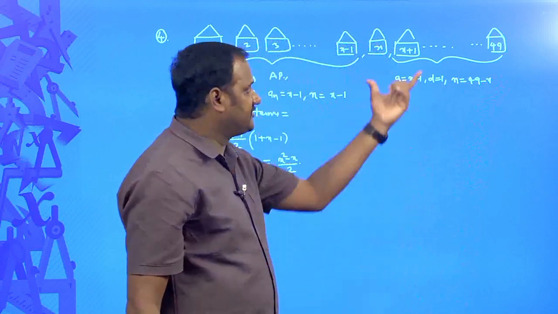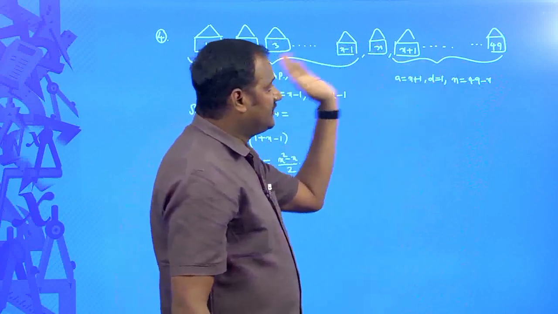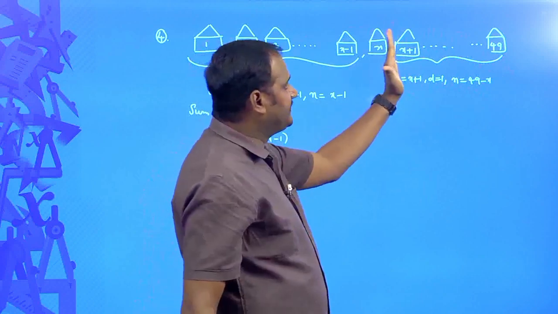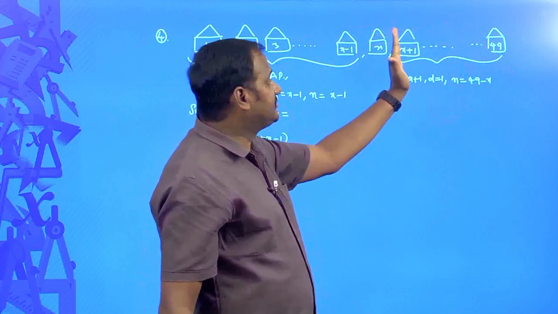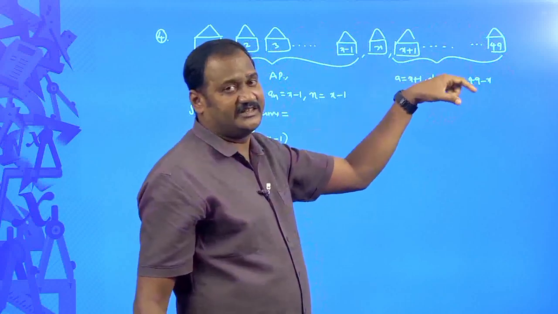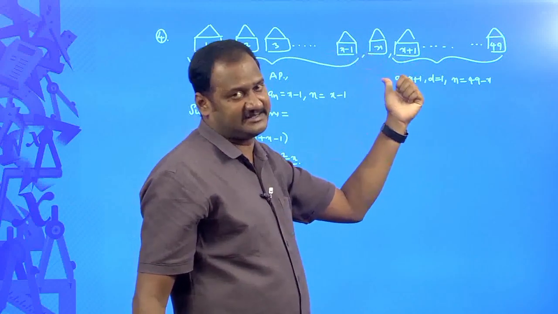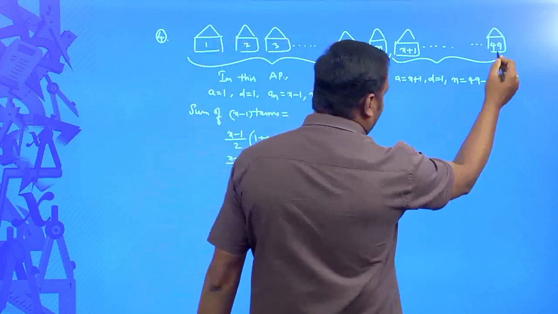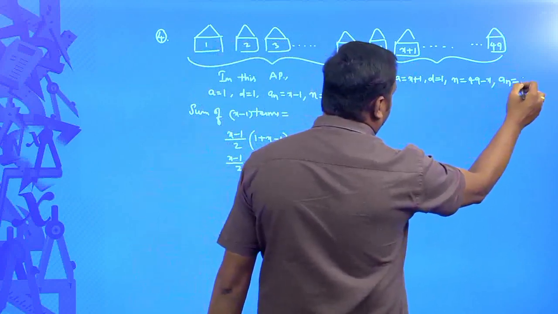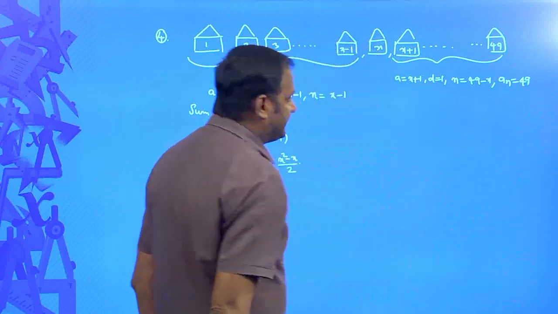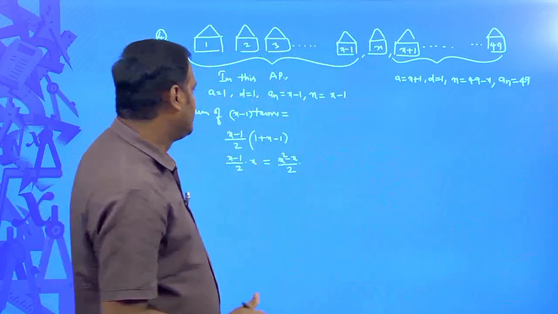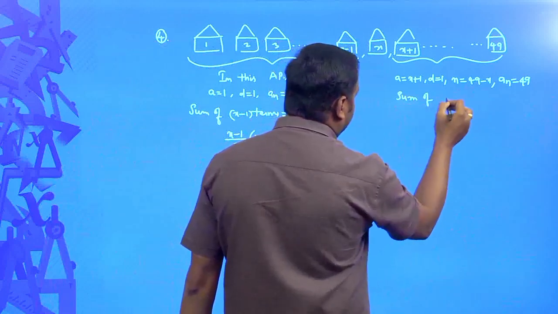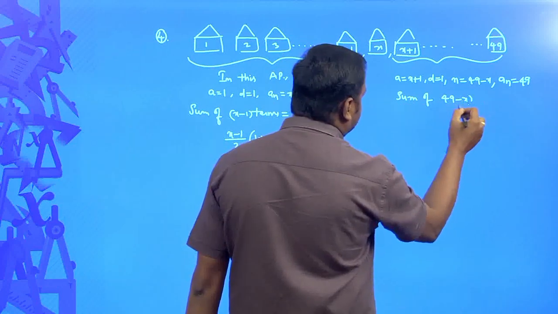Did you understand how many terms there are in this sequence? A total of 49 terms are there, but we are excluding x terms, we are taking from x plus 1 onwards. Since we are excluding x terms, the terms with us are only 49 minus x. Hope you understand why n is equal to 49 minus x, and 49 is of course a_n. So with the help of this we can easily figure out the sum of these terms. Sum of how many terms? Sum of 49 minus x terms